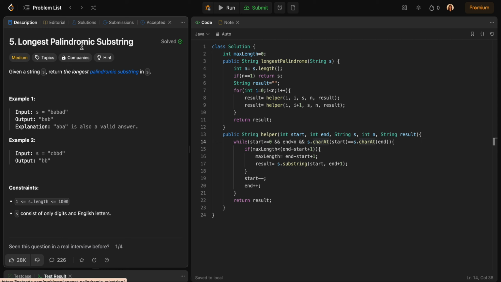Going to discuss the longest palindromic substring question, and I'll try to wrap it up really quickly. I'll try to show you the approach and the question within 5 minutes. So let's get started. This question comes under dynamic programming, and I'll tell you how we can use dynamic